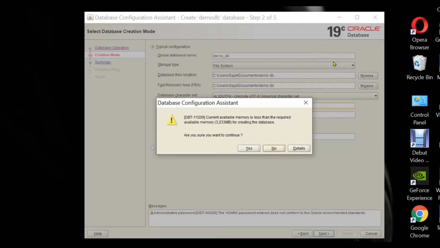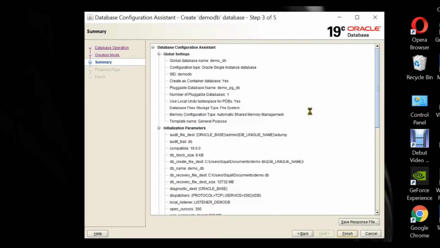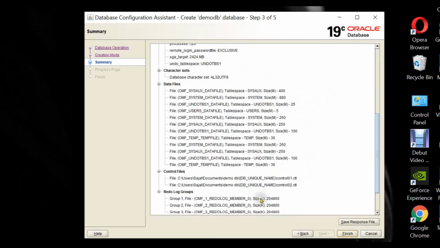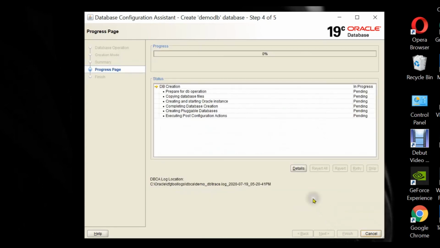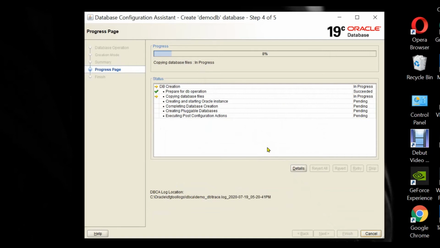and after that you will get, I guess, this type of screen or window, which basically says what is going to take place in the process. So click on finish and your process of creating a database should start up. So yeah, it has started. It is 8% now, but depending on your system's configuration, it will take time.